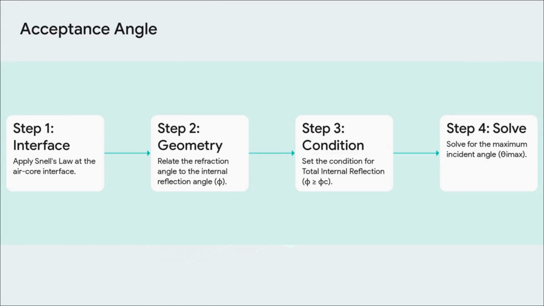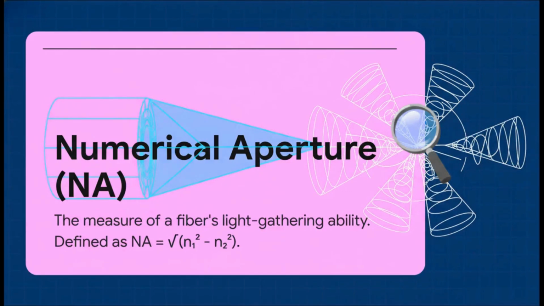Then, with a little bit of geometry, we can connect that angle to the angle of reflection happening inside the core. After that, we just apply our golden rule, the condition for total internal reflection. And boom, we can solve for that maximum incident angle, which we call the acceptance angle. So, all of that derivation boils down to this